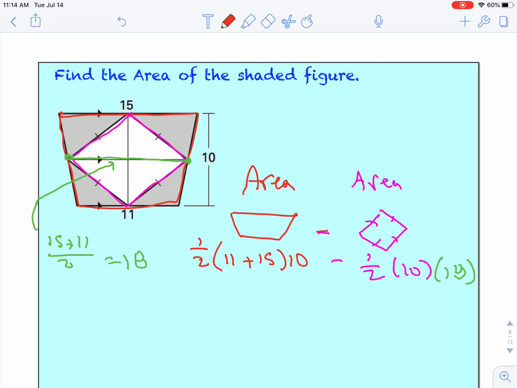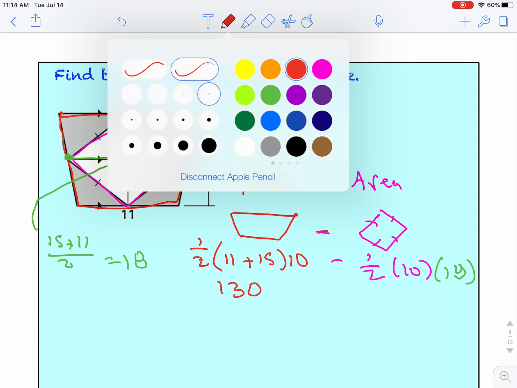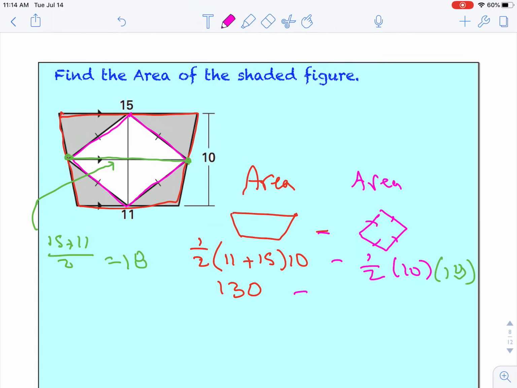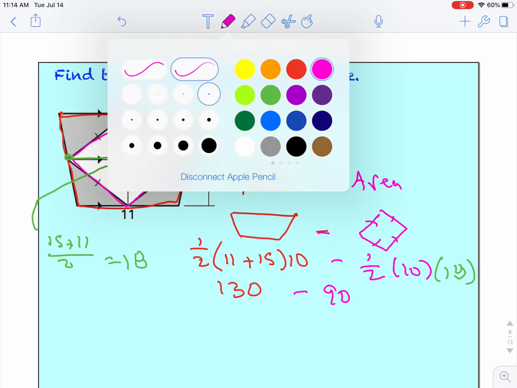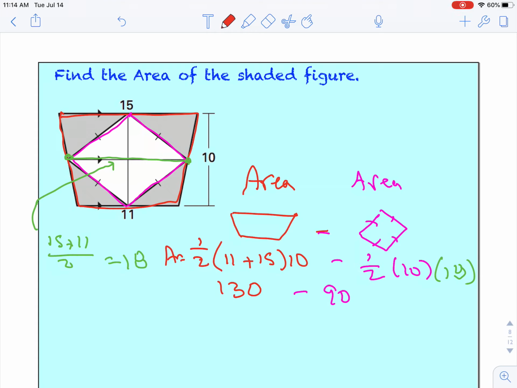Okay, so when I take 11 and 15, I get 26. Times 10 is 260. 260 divided by 2 gives us 130. And then from that, I'm going to subtract. 1/2 of 10 is 5, so I'm going to go 5 times 18, which gives me 90. So my area is equal to